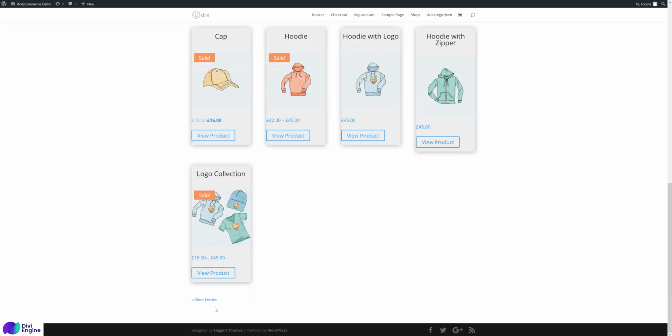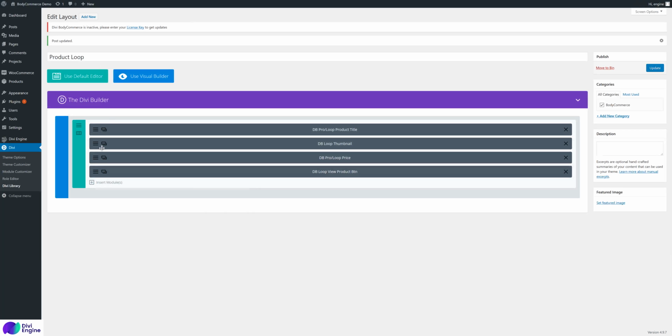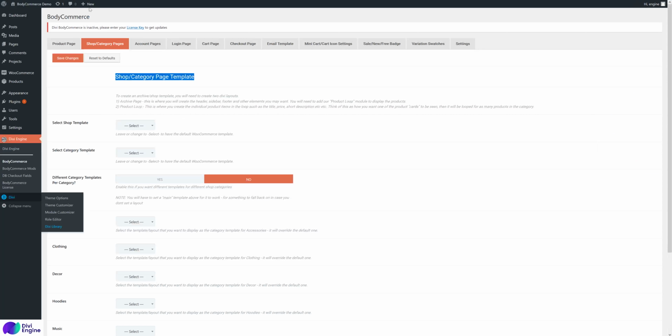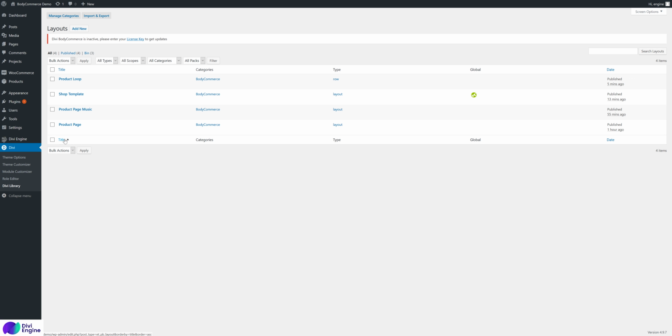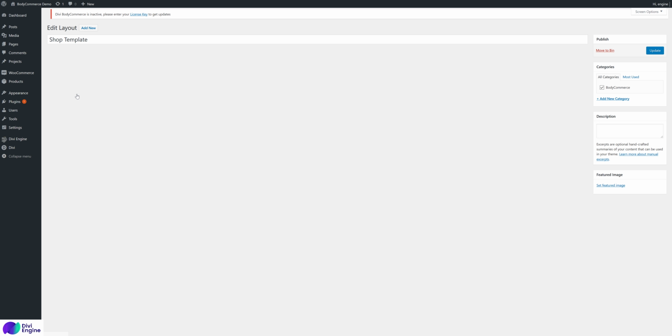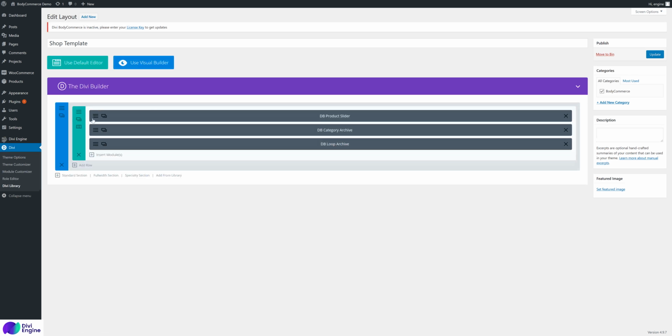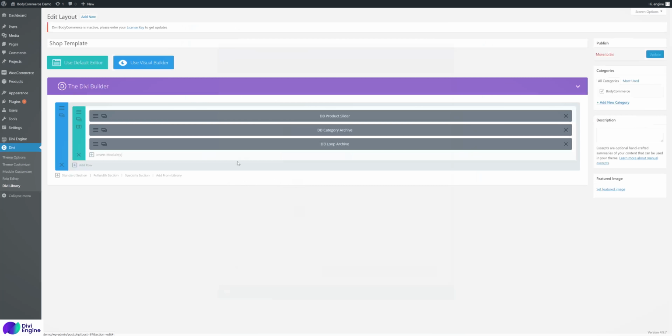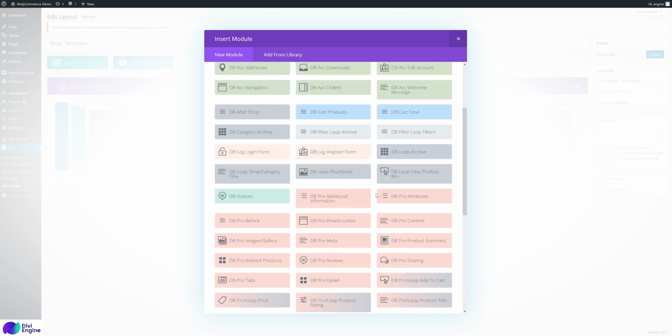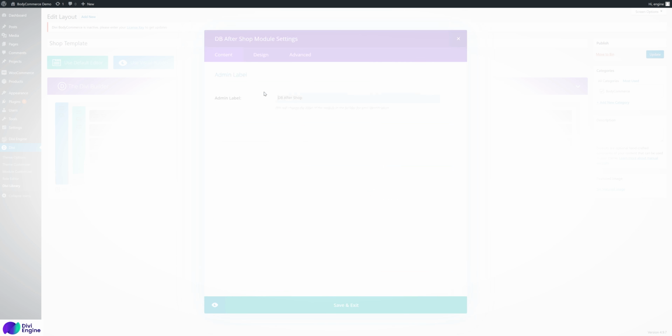Now you see how it says older entries at the bottom? That is because it has the default WordPress pagination, and this is what I was talking about when I was saying, do we want to show the pagination on the loop. So go back to the shop template, and go back to the loop archive and say no, and then we want to add this shop after module,